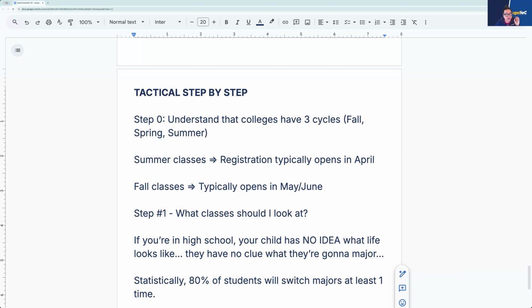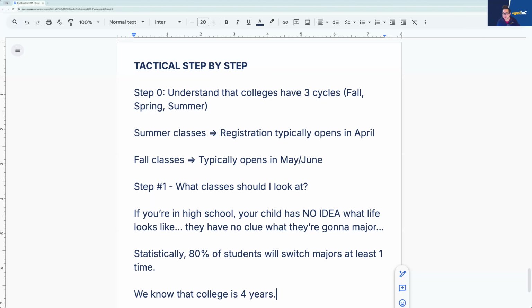So if we know they're going to switch, why are we spending so much time freaking out, trying to figure this out for them? Oh my God, should I do this? Should I do that? So realistically, what do we know? We know that